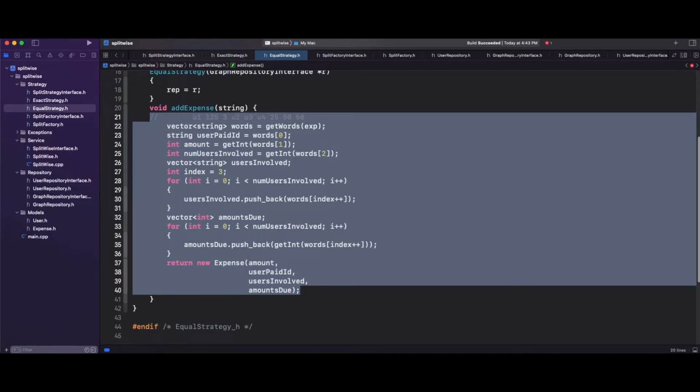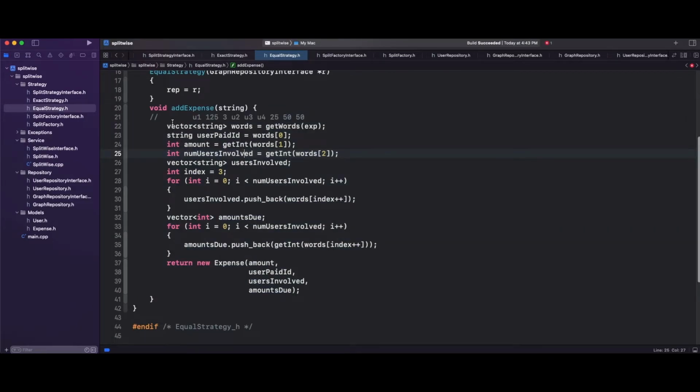Okay, so I'm assuming like this. So this will not be there now. So this is how the input will be there. User 1 paid, and then split this 125 among all the users. If user 1 is not needed, then we just need to skip it and then